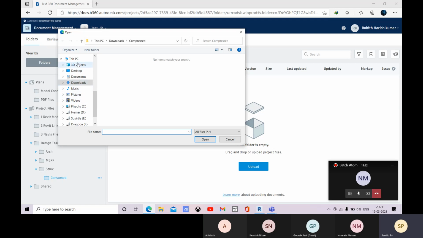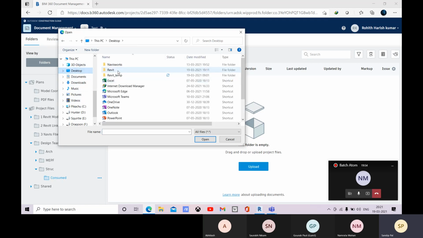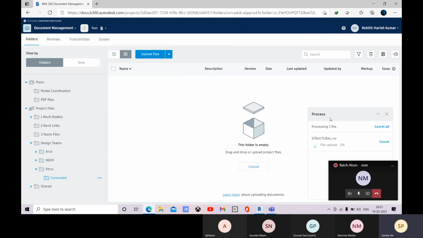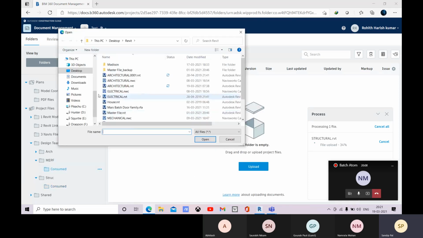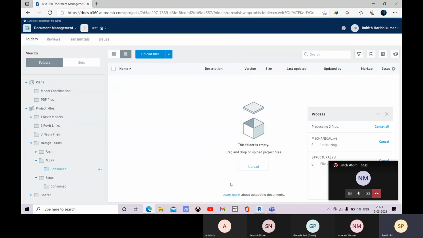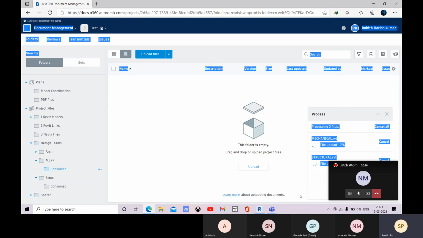Let me come to this desktop, and here I have Revit and this structural Revit, and let me also upload it here, and let me come to this MEPF consumed. Let me go for upload, and this one, let's go for open.